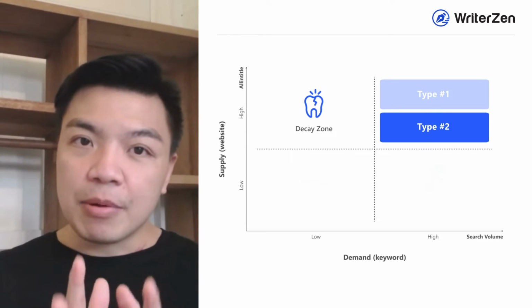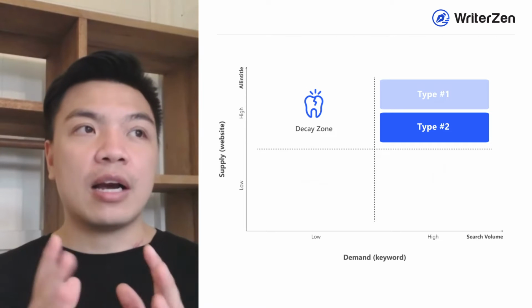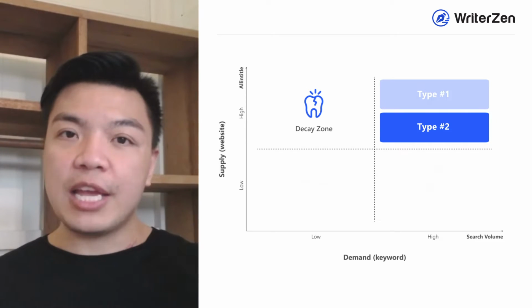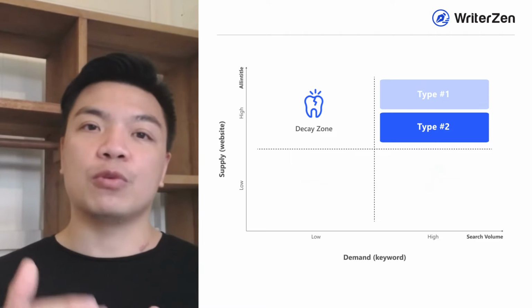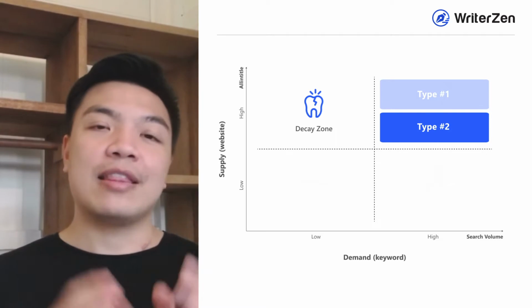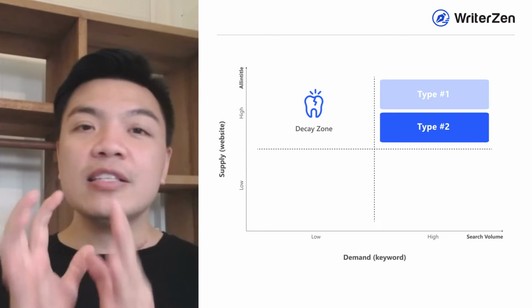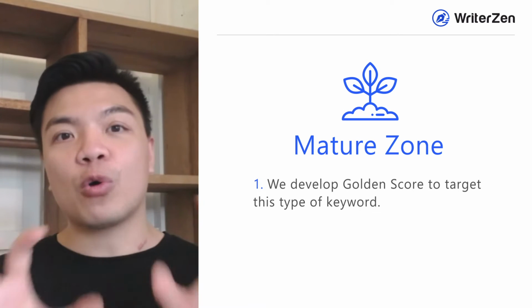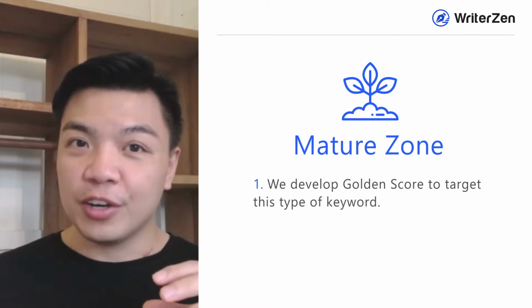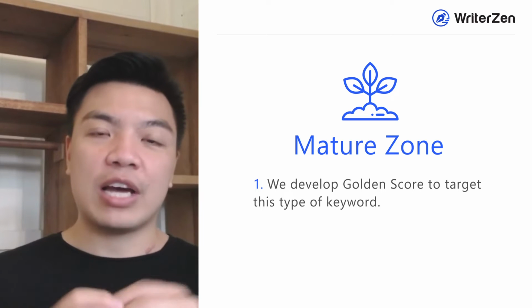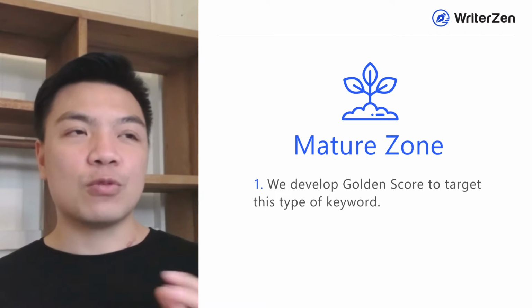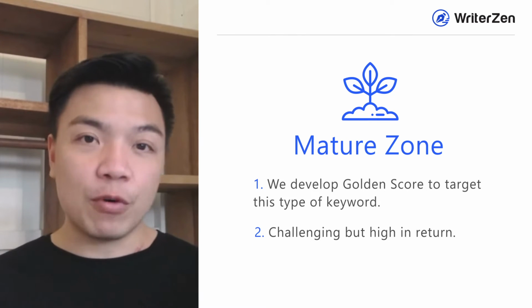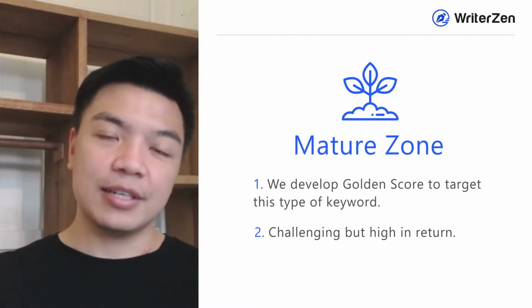The second type of keyword in the mature zone, though, is the kind of keyword that has very high search volume, yet the OIN title count is high, but it's not impossible to compete. Right? And that also belongs to the mature zone. This is where we have to develop our own scoring system called Golden Score to find those kinds of keywords that have really high value. It's not necessarily easy to rank, but if you rank for it, you get a really high return,